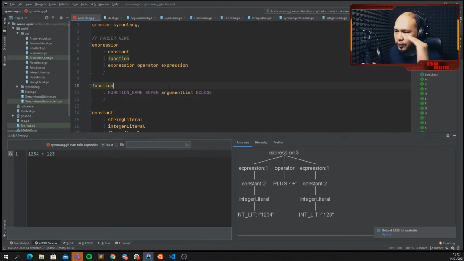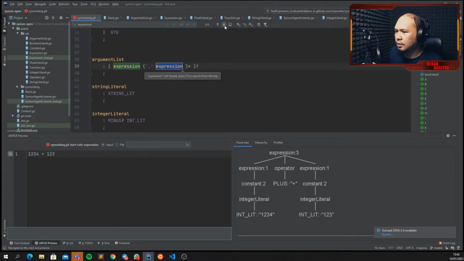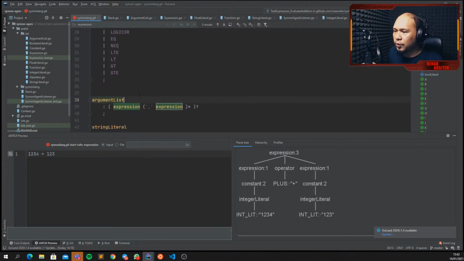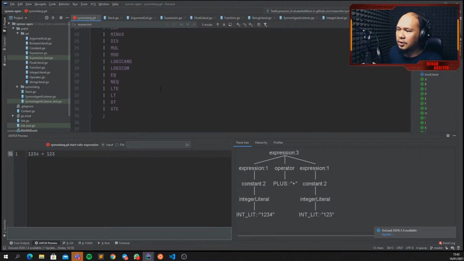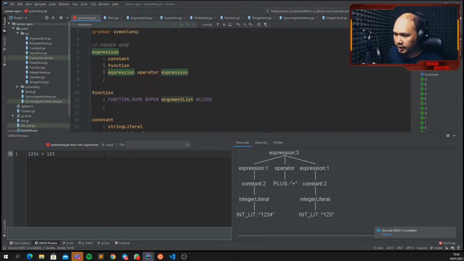Okay, an expression can only be owned by another expression. You can see that this expression will have a child expression. This expression, the parent is that expression. There is no other expression owned by any other node. Argument lists have expression. Oh, I'm sorry. So yeah, there are two possibilities. There could be an argument list as the parent, and there could be an expression. For example, function